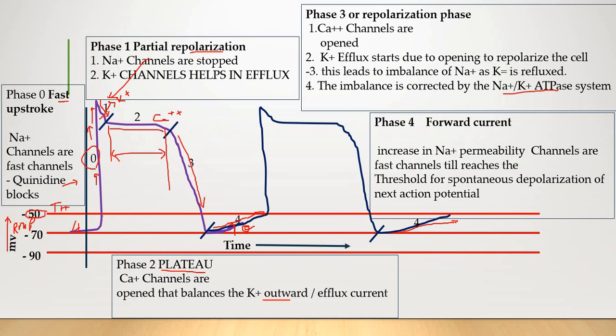Decreasing the slope means that it will now take much more time. It is now taking here and here, and now it touched this threshold. This is the threshold. So there are certain drugs that change the slope of the phase 4 repolarization. In phase 4 there are forward currents. If the slope is decreased, it will take much more time. First it was going to touch this threshold at this particular time, as time is on the x-axis. Now in the presence of certain drugs like quinidine, this time is prolonged, and delaying this time means that the number of beats per minute will be decreased. This is how certain drugs manage tachyarrhythmia as well.